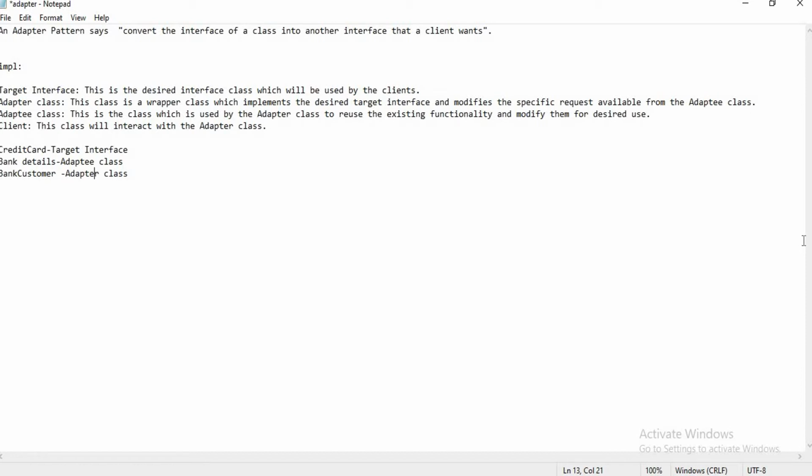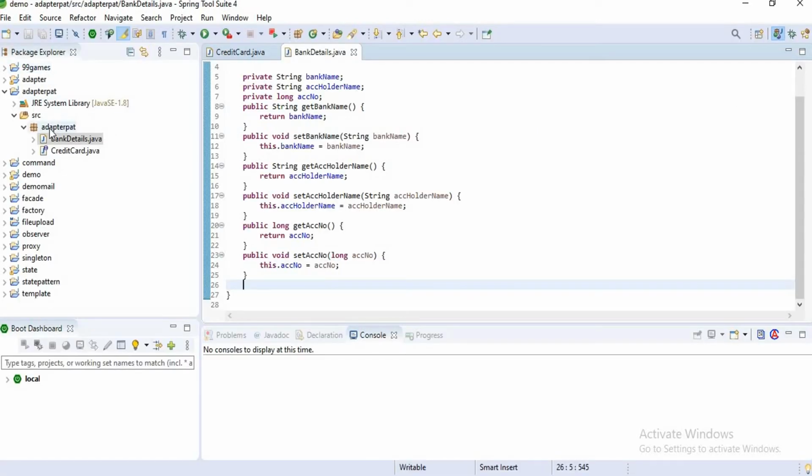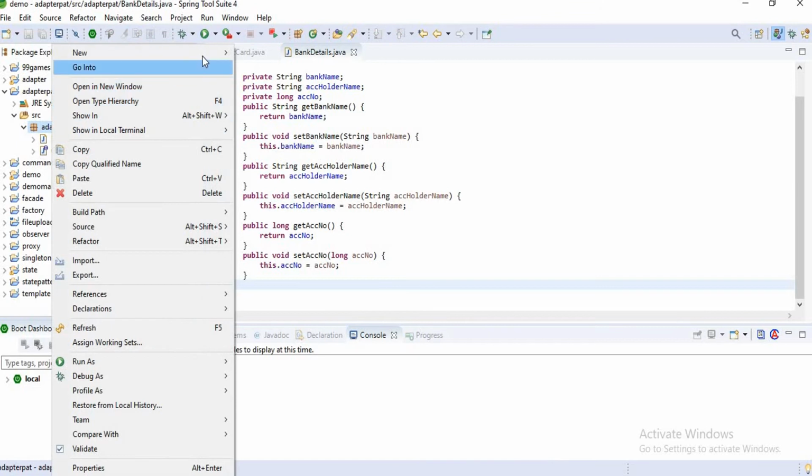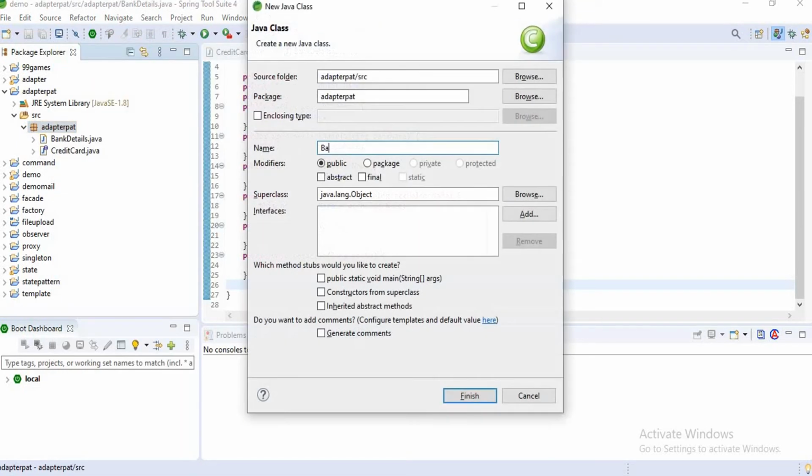Let's go to our project and click on new class, BankCustomer.